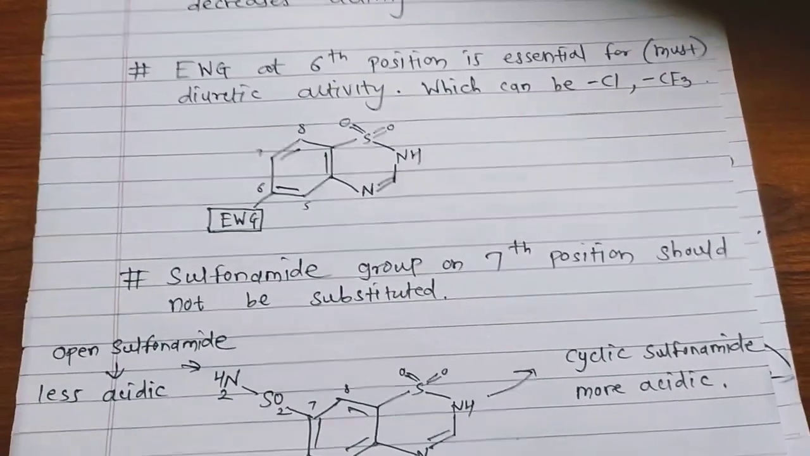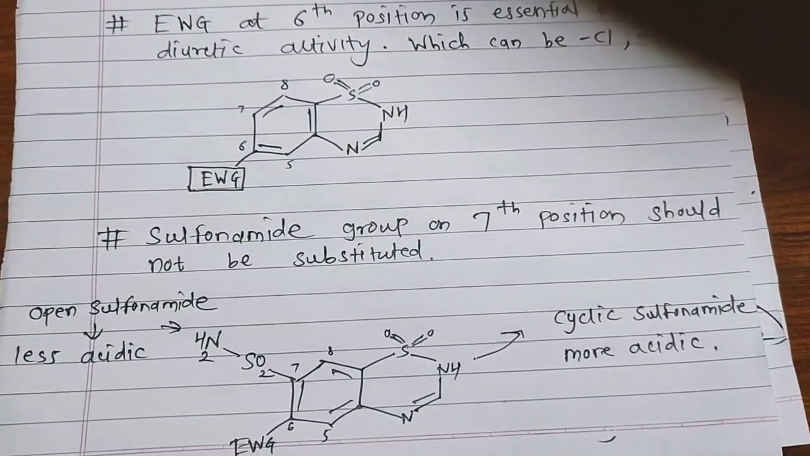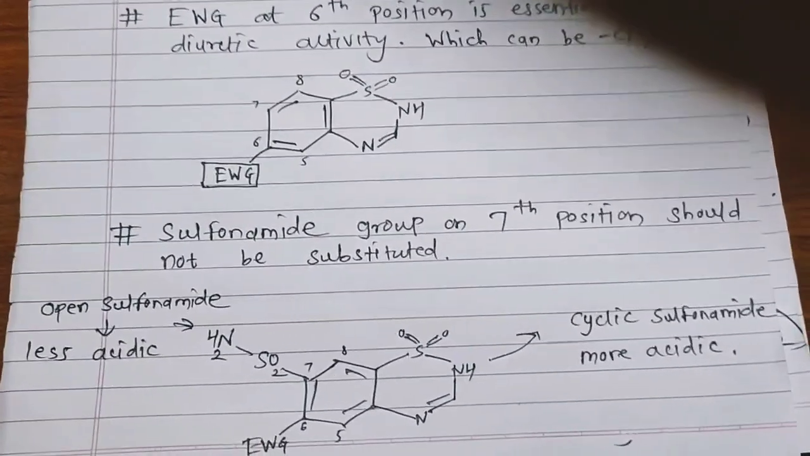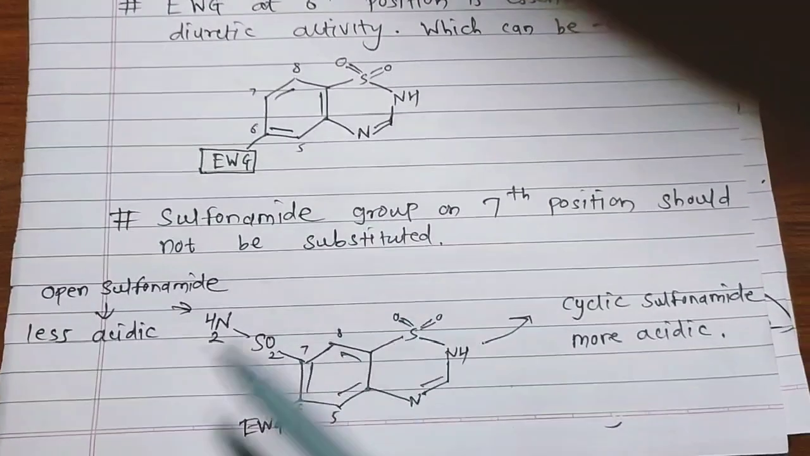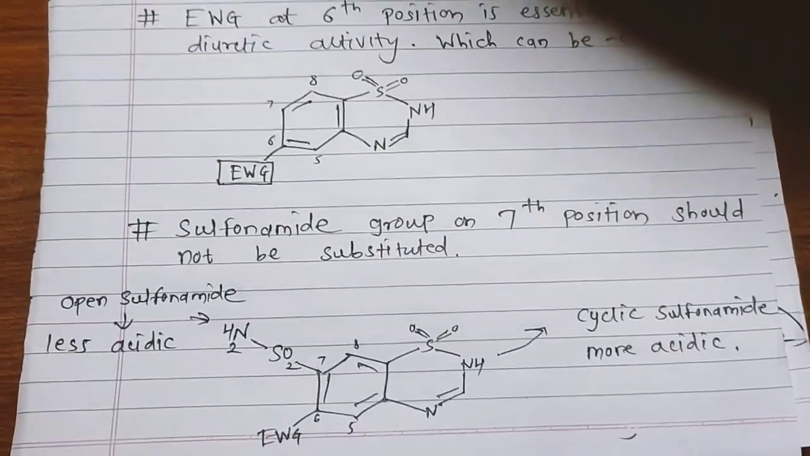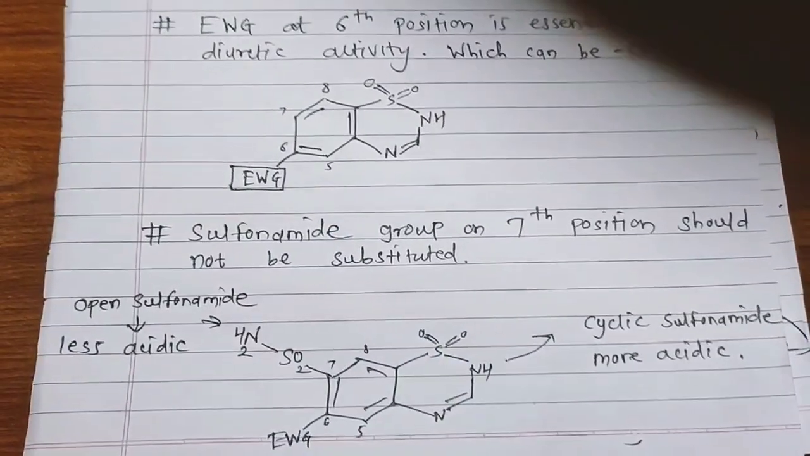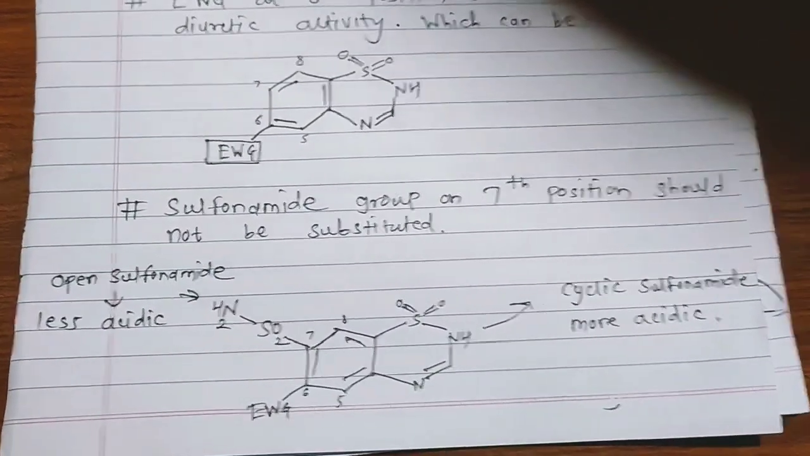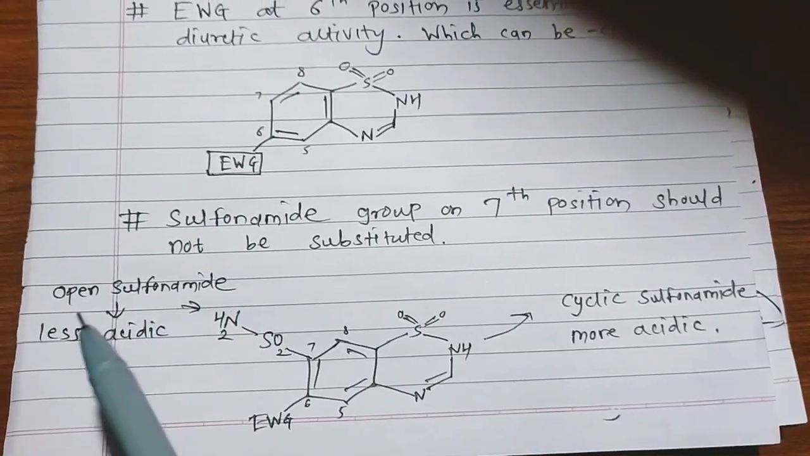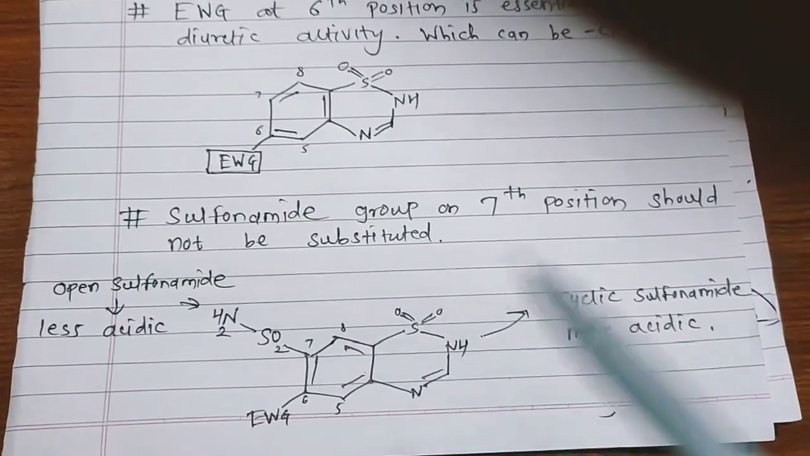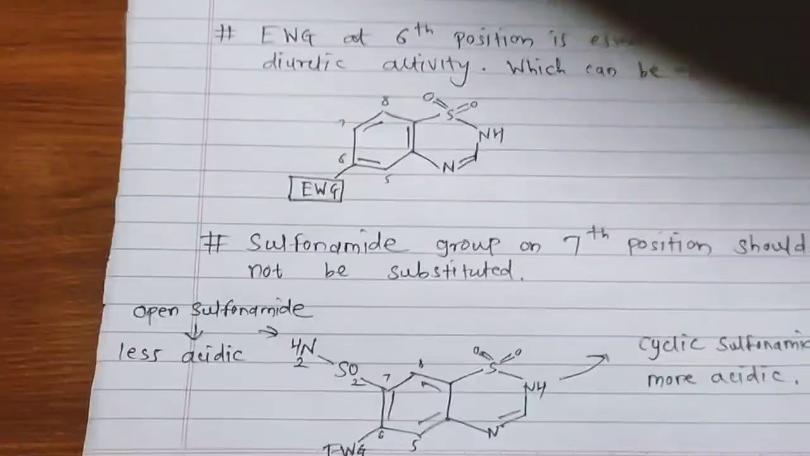Then moving on to the next position, that is position number 7, the sulfonamide group on the 7th position should not be substituted. We have to remember there is always the presence of the sulfonamide group on the 7th position, but this sulfonamide group should not be substituted. And if you could see, this sulfonamide group is the open sulfonamide, and this is less acidic. But if we compare it with the cyclic sulfonamide, which is more acidic, this question may be asked in